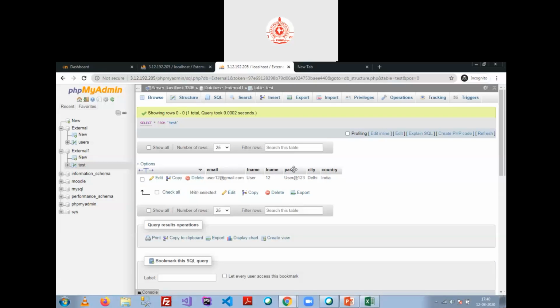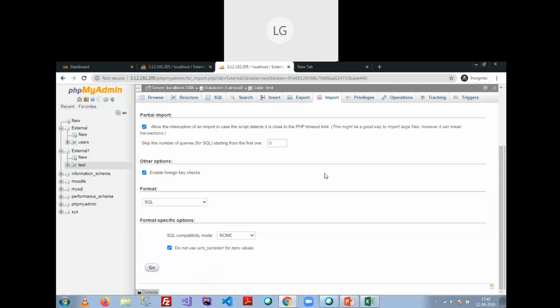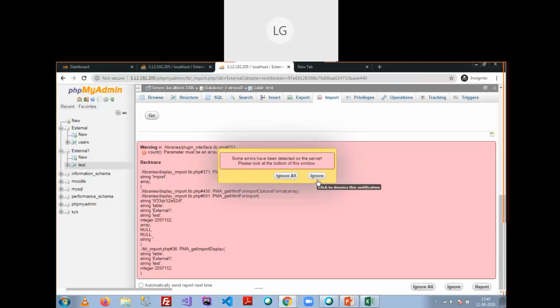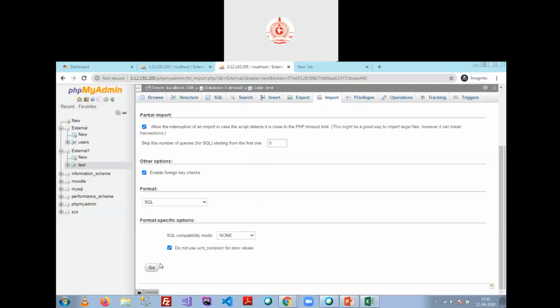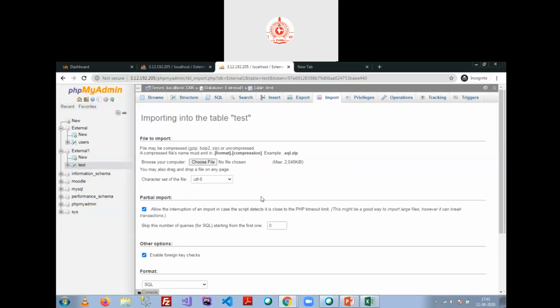Create a CSV file according to this given format, and then click on import. After clicking on import, you can browse this file from here and click on the go button. So you can create bulk users or import the data for the external database in your table as well.